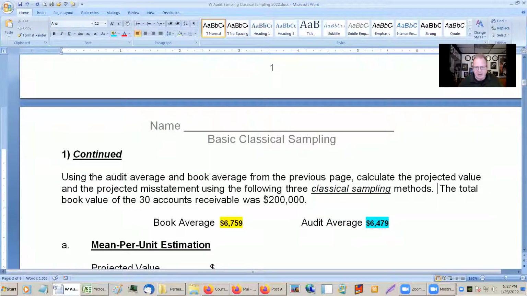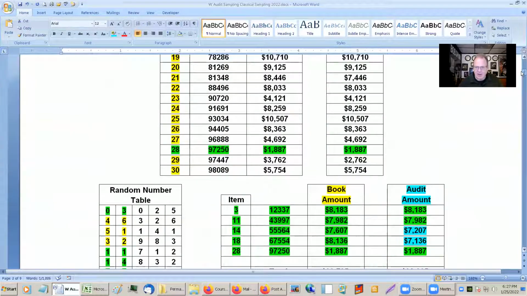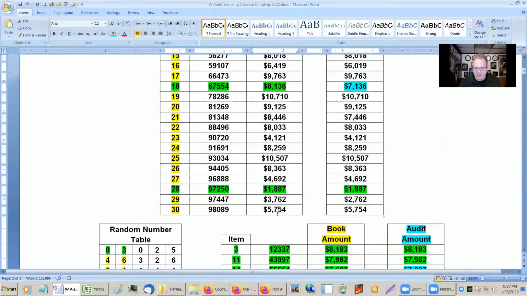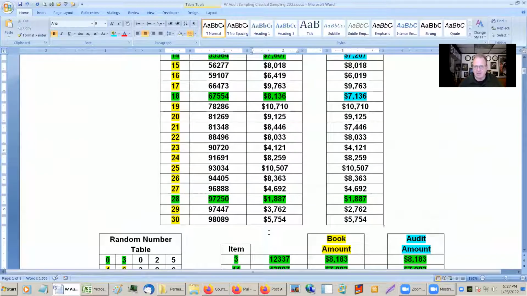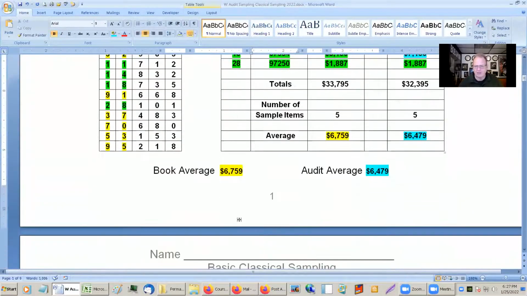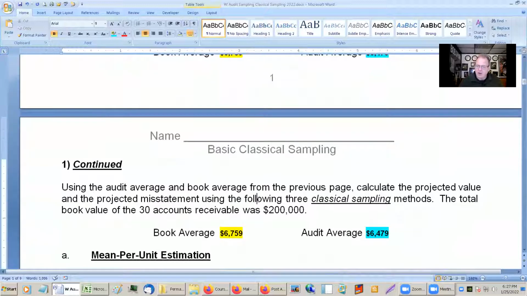The total book value of the accounts is $200,000. I just made this one up, so I ran out of space here. But if you were to add all these book amounts up, they come out to 200,000. So here, as auditors, we're looking at this 200,000, saying,